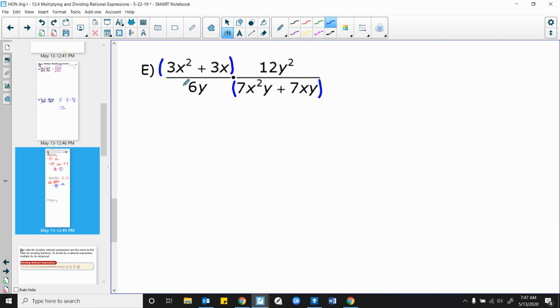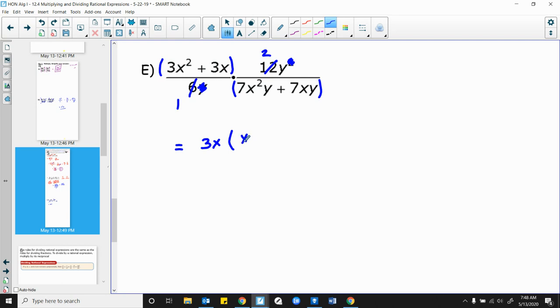Okay. Here, though, how many times does 6 go into 6? Once. How many times does 6 go into 12? Twice. This y can cancel, and one of these cancels, so I'm left with just y. Okay? Now, I'm going to try to kill a couple steps here at once. While writing what I have left here, I'm also going to factor out a GCF here. So what's my GCF there? Well, it's 3x. So I have 3x